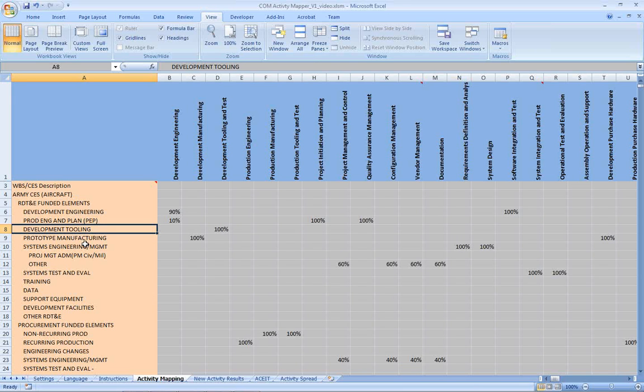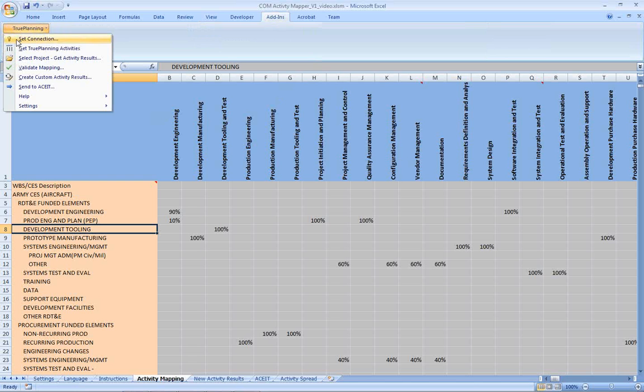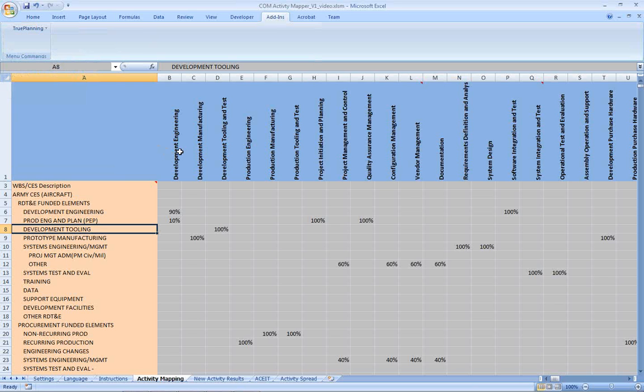To do this, we also need a list of TruePlanning activities, and there are actually two ways to get that. We go back to our Add-ins tab. The first way is the Get TruePlanning Activities. What this is going to do is go to the catalogs that TruePlanning has installed, and get a list of all of the activities for all of the installed catalogs. So to show you, let's